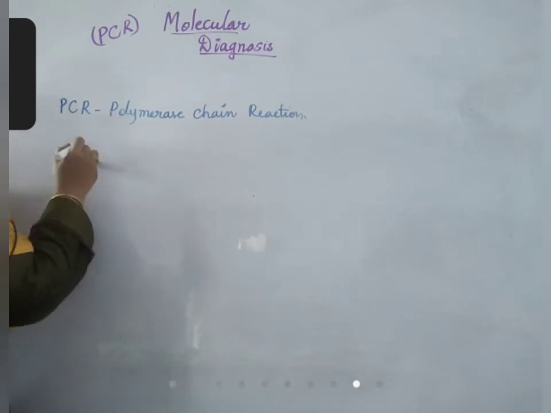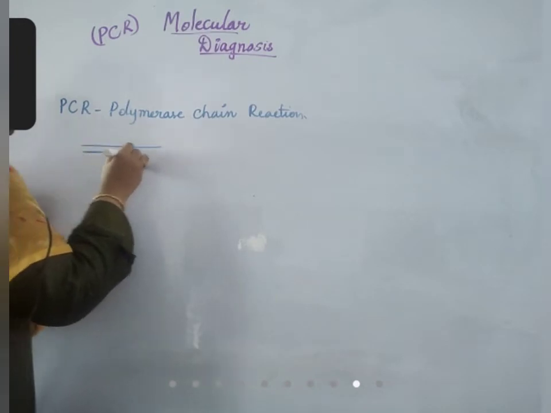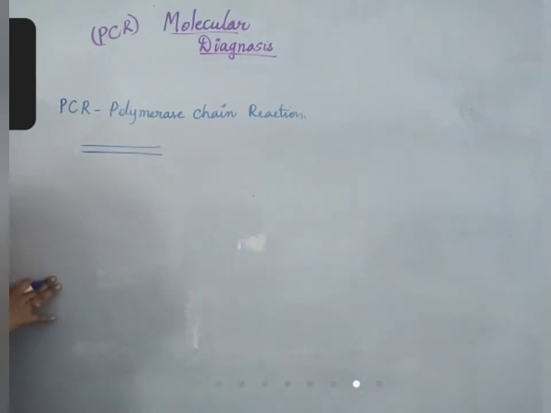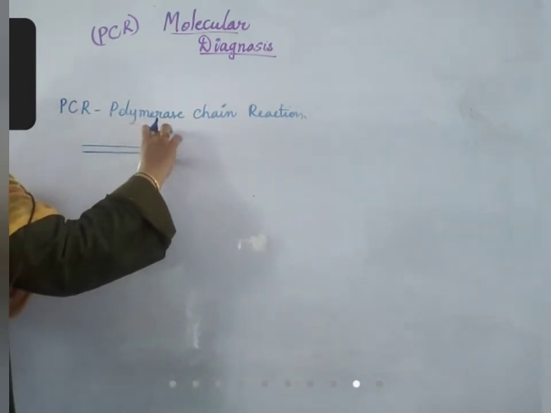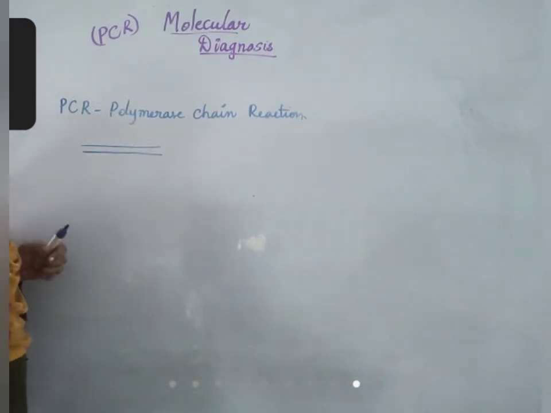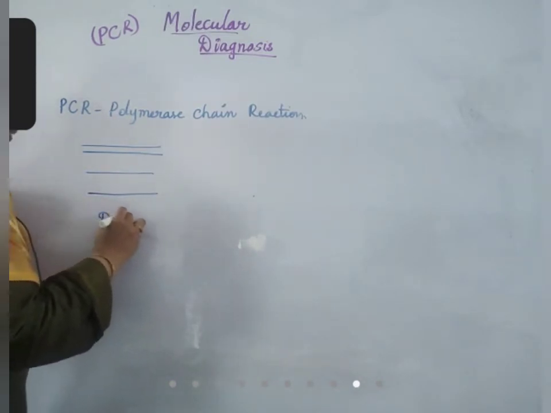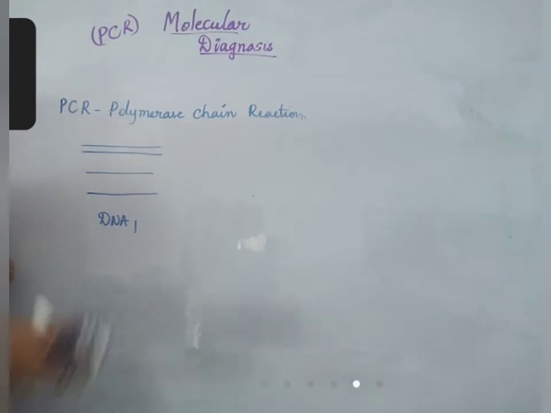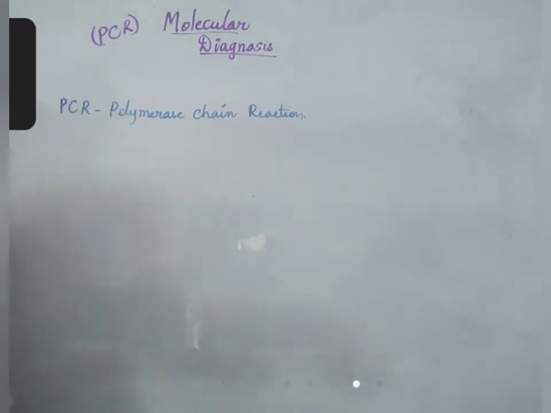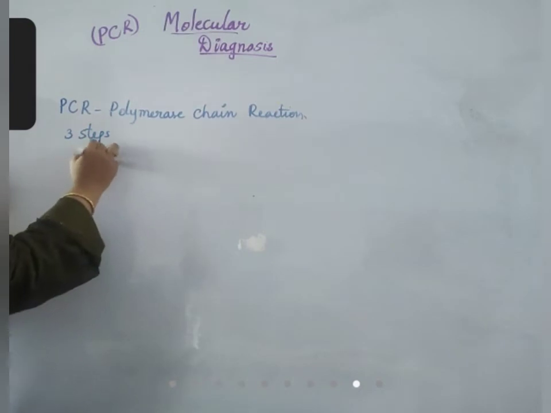What is happening here is the DNA that is added to bacterial plasmids is separated. The process of separation we have seen during replication. In the same way, the two strands are separated. After the two strands are separated, primers are added to this DNA. I'll tell you the steps first. There are 3 steps in polymerase chain reaction. First one is denaturation.